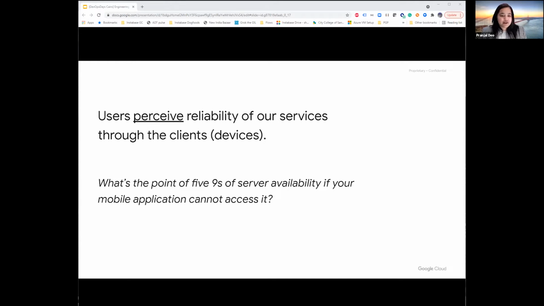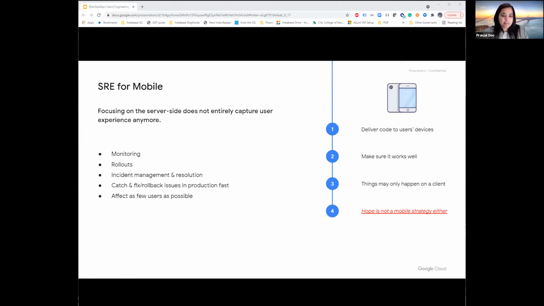Or sometimes after your application receives an update, although nothing has visibly changed on the UI side, you experience significantly worse battery life than before. These are all examples of issues that cannot be detected by just monitoring our servers and data centers. Now, we can compare a mobile app to a distributed system that has billions of machines. The scale is just one of the many unique challenges. Things we take for granted today in the server world become very complicated to accomplish for mobile, if not impossible.